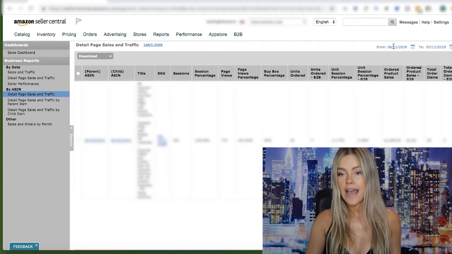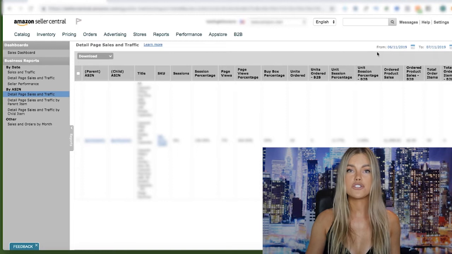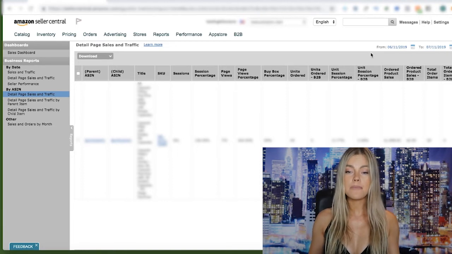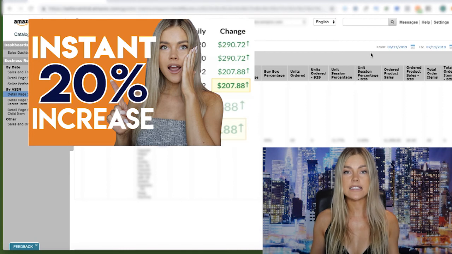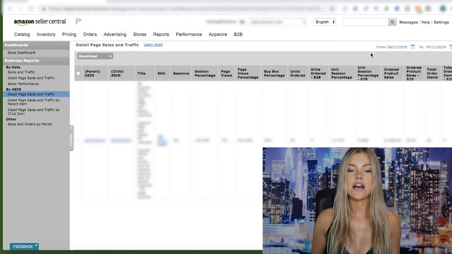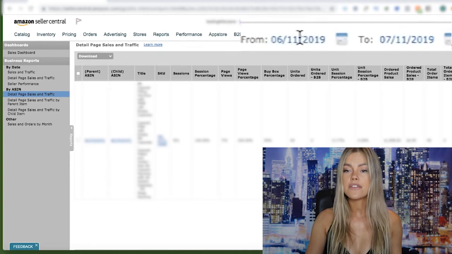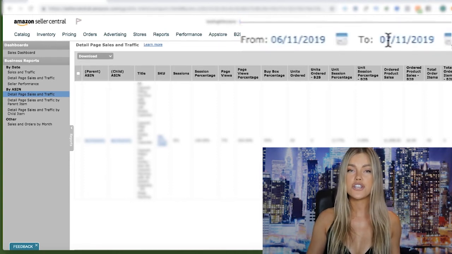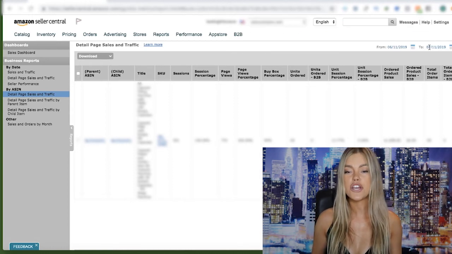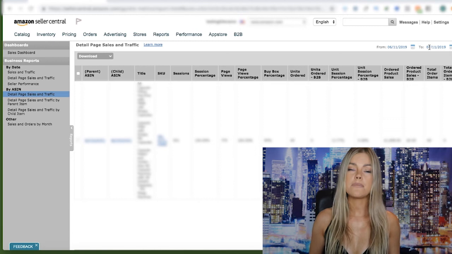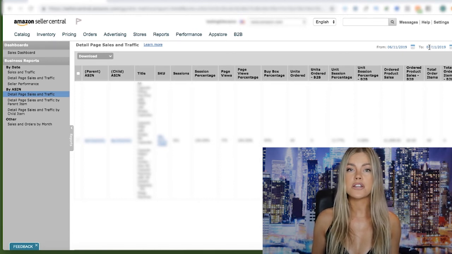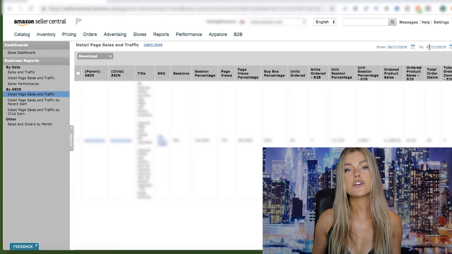And also right here, you can edit it, right? So this is actually one of my favorite things to use. For example, I made a video on how to split test, link it down below. So I would split test different things on my listing. And when I'm doing that split test, the listing dojo shows me how much sales I'm getting, if I'm getting more sales or lower sales, and I also cross-reference it with this report. So I change the dates up here, and then I can see when my conversion rate has changed. So if in the week I'm getting more sales and I check and I see that my conversion rate went up, then that's amazing. So the first thing when your product is not selling is always check your conversion rate and then see what could possibly be wrong.